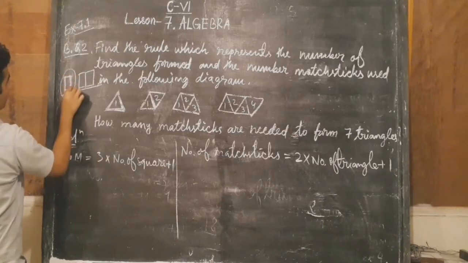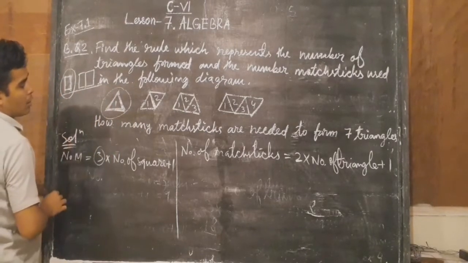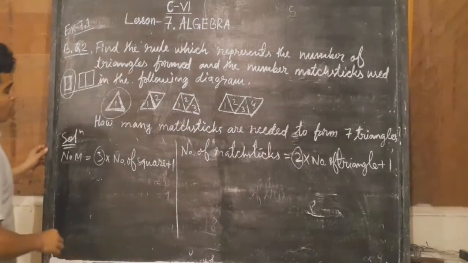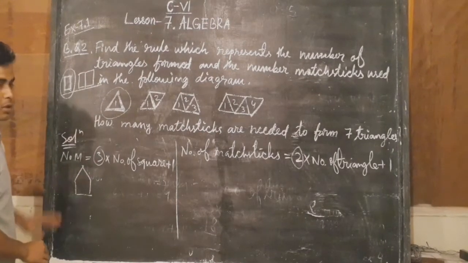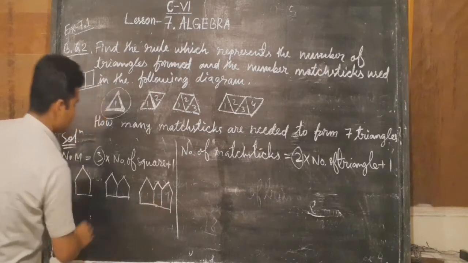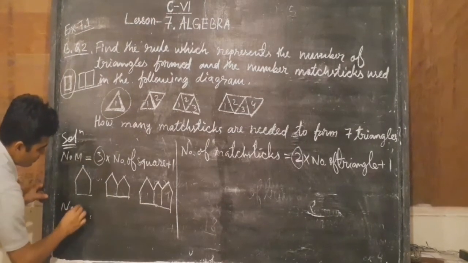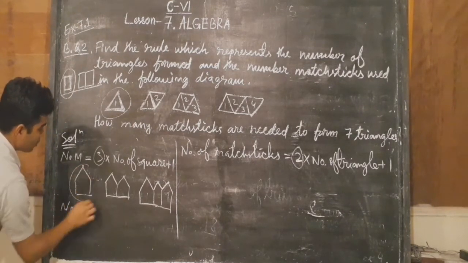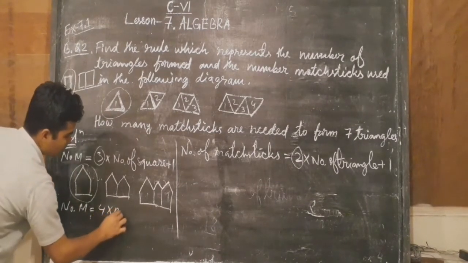If it is a square we can form it by 4 matchsticks. From there we have to take 3. In a triangle we have 3 matchsticks. From there we have to take 2. If it is a pentagon, then what rule can we apply? The joint pentagon. 5-sided polygons are called pentagons. You can see here. For this, what rule can we find? For joint pentagons we can find number of matchsticks is equal to, here in a pentagon we use 5 matchsticks, from there we have to write 4 into the number of pentagons.